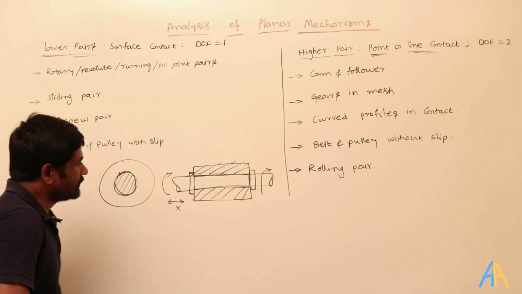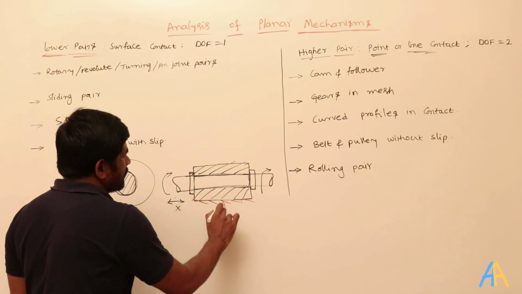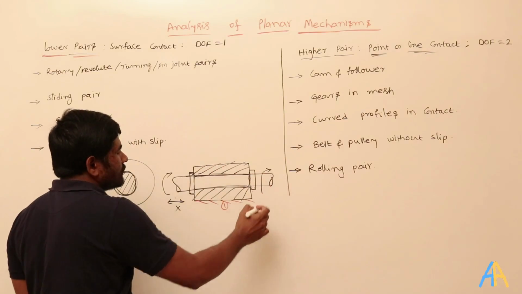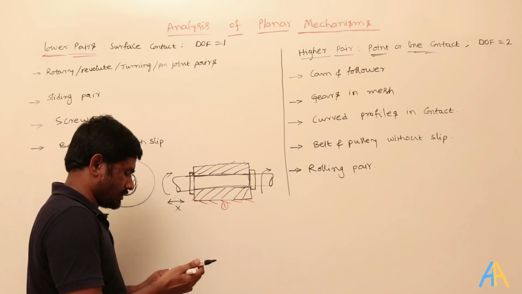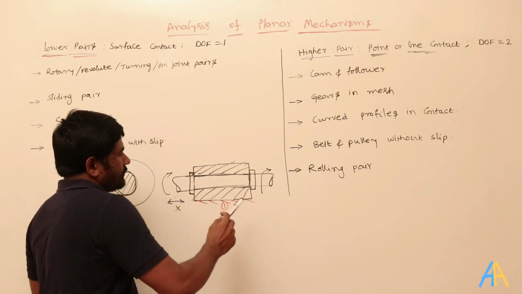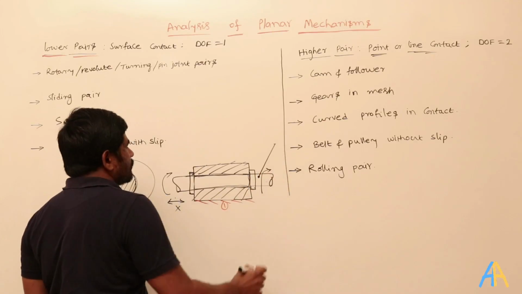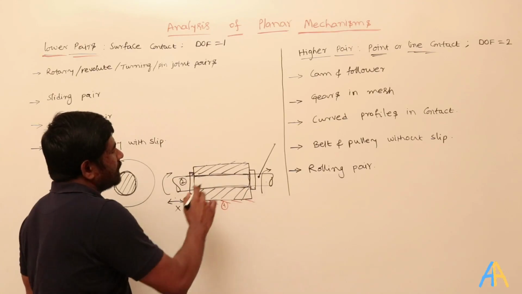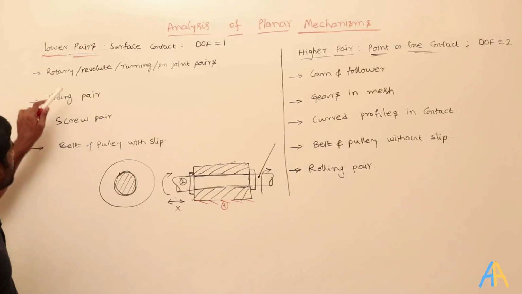So how is the pair here? For example, this is one link. I fix this link, this is link 1, and this is link 2, because this is rotating with respect to this. Otherwise, if I extend this, I can build one link like this. When it is rotating, this is also rotating. So this is link 2. Link 1 and link 2 are joined with a rotary joint here.